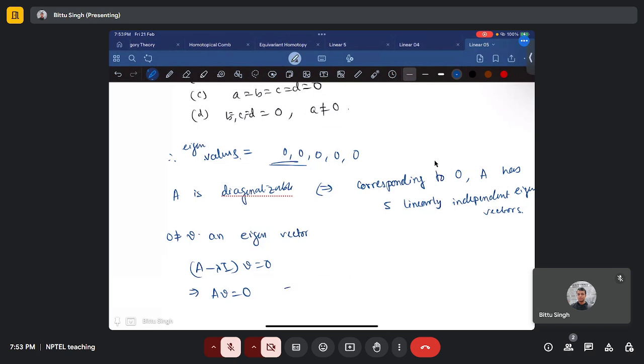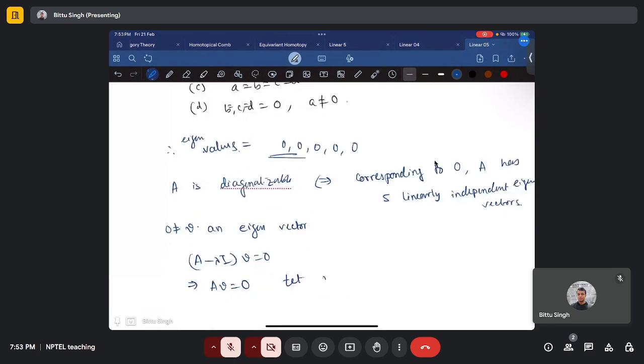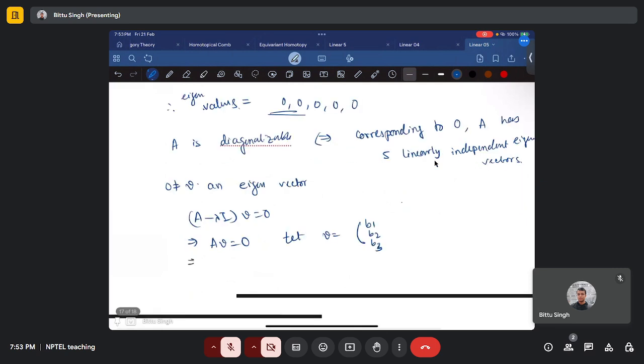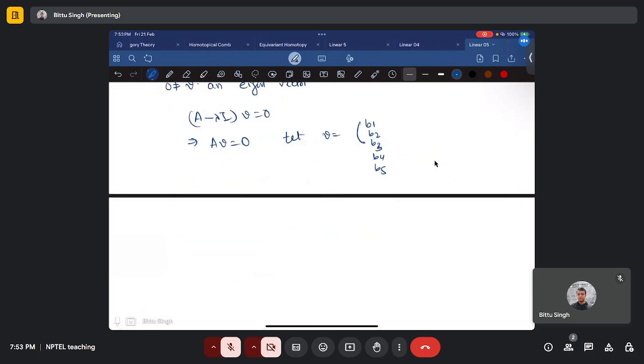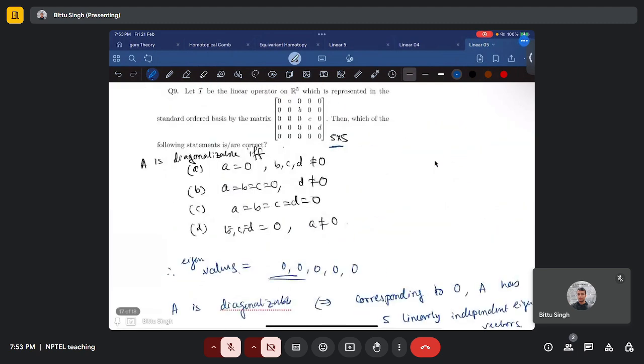Let V equal to this vector B1, B2, B3, B4 up to B5. Then if we multiply with A, we can see